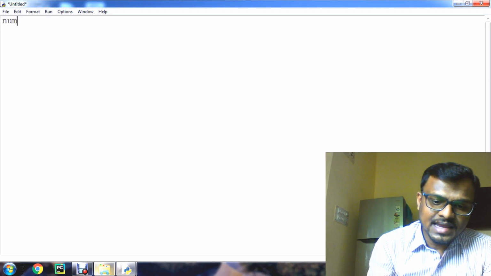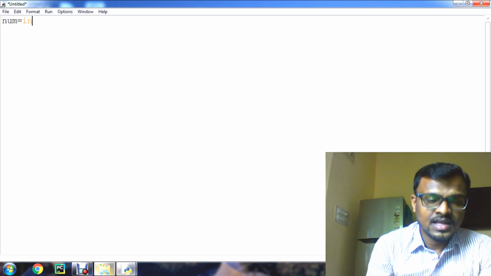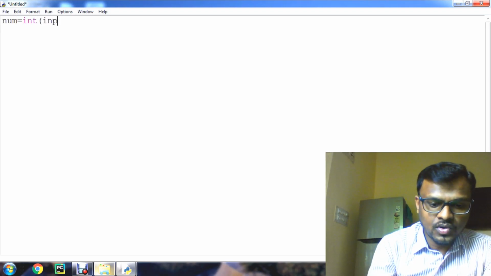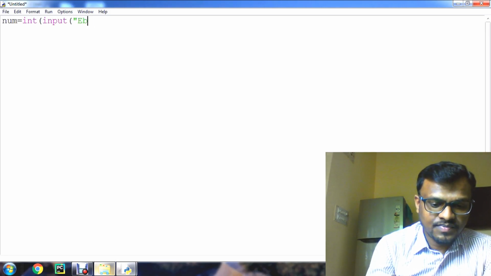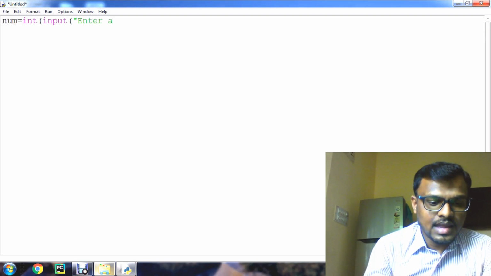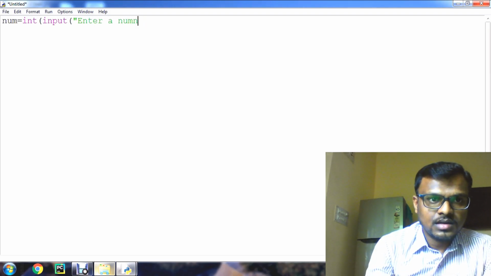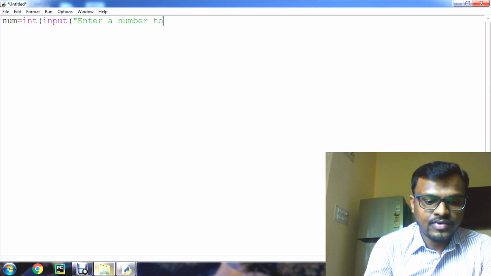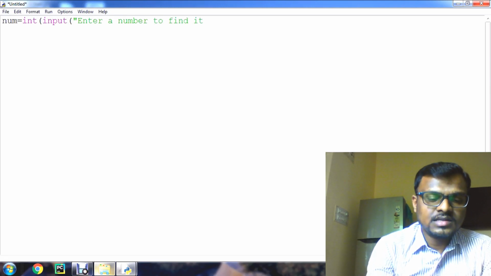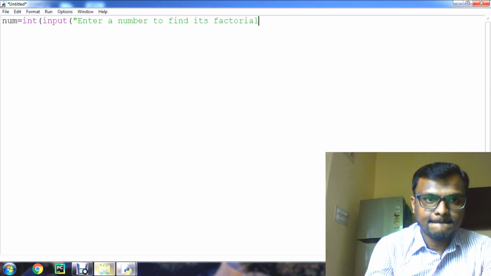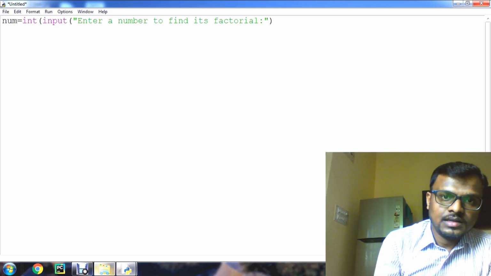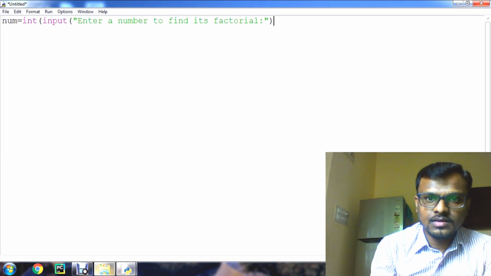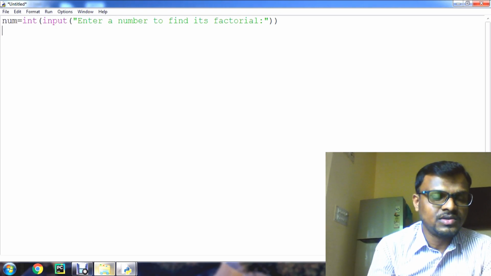Let us take a number: num is equal to int of input, enter a number to find its factorial. One more parenthesis I should give.